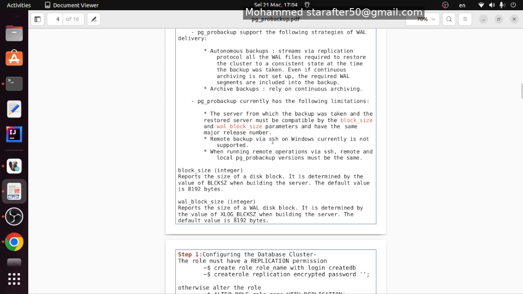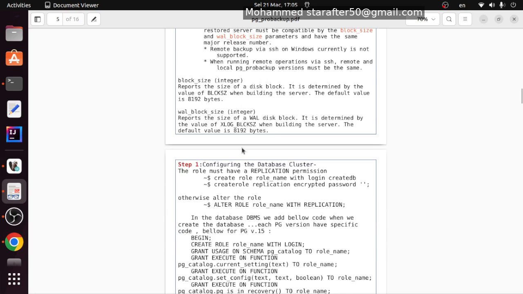Some other limitations: if you use SSH on Windows, it's not supported, and the version of PG Probackup on both the master and the replica should be the same version. So if you use PG Probackup 15, you need to have 15 on both sides. Okay, having said these things, let's start with